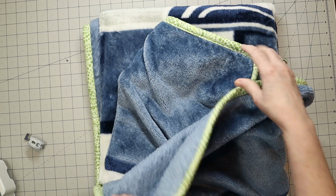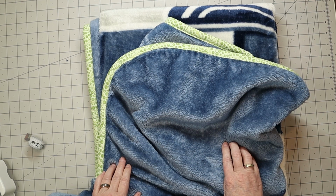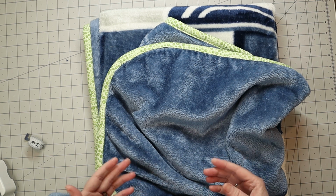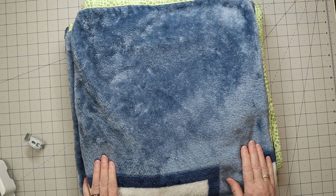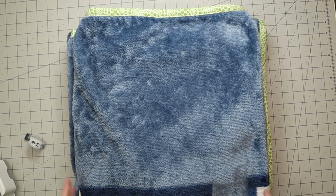When I decided to fold this blanket up in order to get the right measurements, I folded it in thirds and then proceeded to fold it in halves so that I would have a nice desirable position on the blanket where the pillow pocket will live. Now I'm ready to go ahead and get the measurements that I need so that I can build my pillow